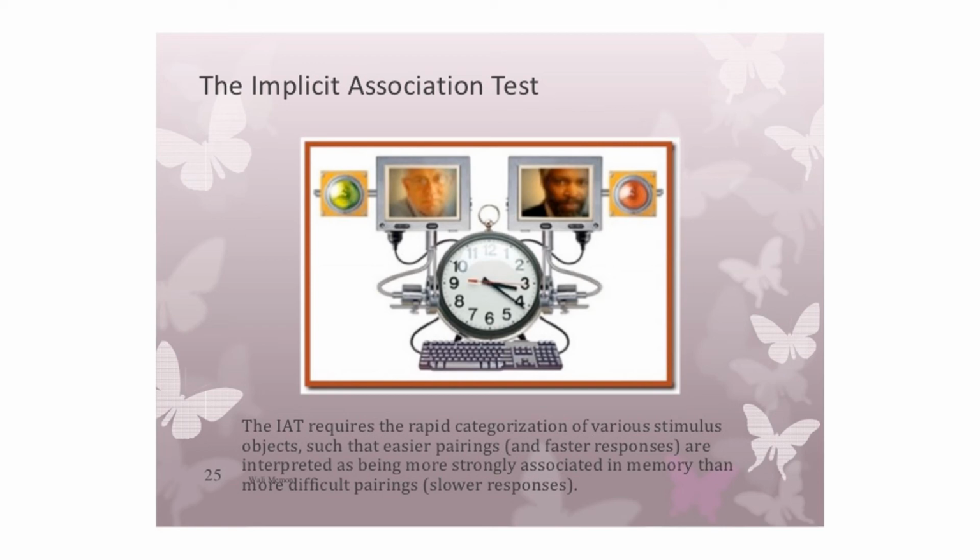This one pairs people of different racial backgrounds with positive or negative words, things that make it easier to pair with, right? And so you may see some sort of implicit bias. Highly recommend you take this one. I think it's still on Harvard. You can look up the IAT test and see where you land. It's not saying anybody is racist or not racist. It's just saying that there's this kind of implicit bias that we have by culture.